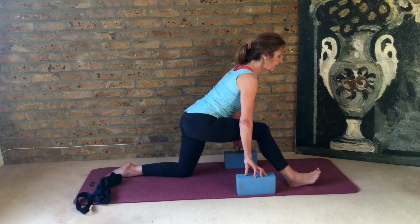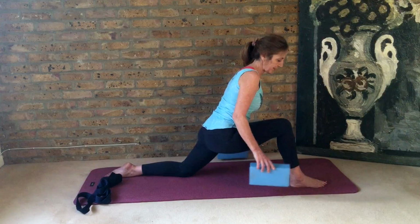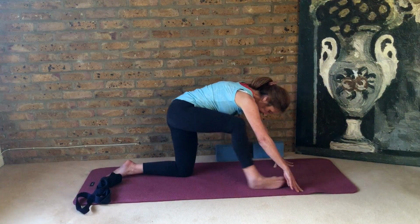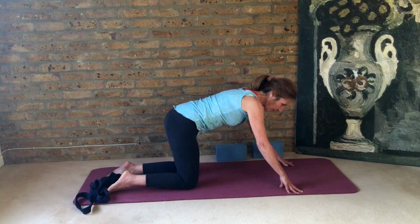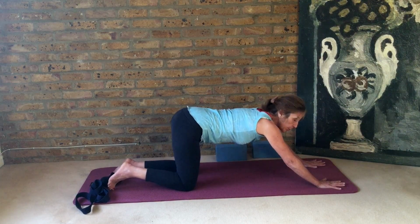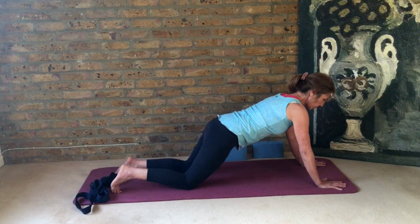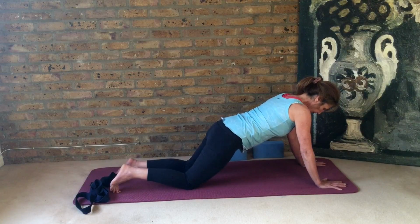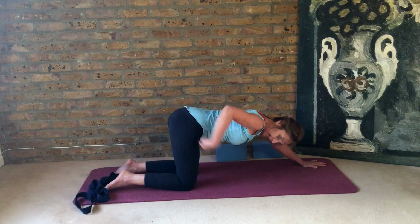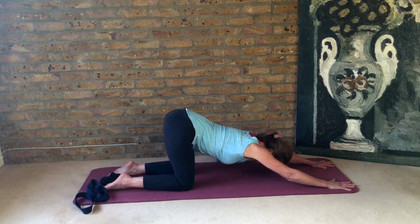And then bend the knee and take the bricks to the side. Step back here, and we're going back now, taking our hands, so we're going into the upper body one more time. The hands out in front. Inhale, lift the body, and as you exhale, this time come back with the knee and the hips stacked up. Take your head down,